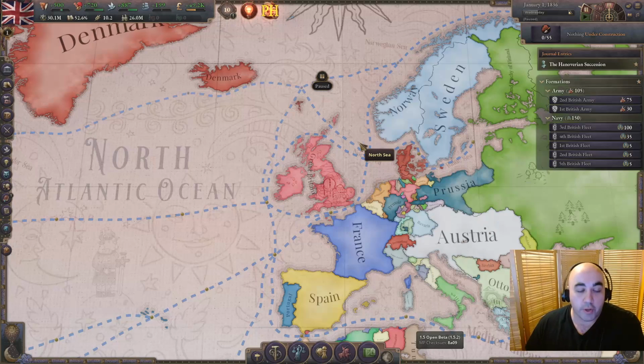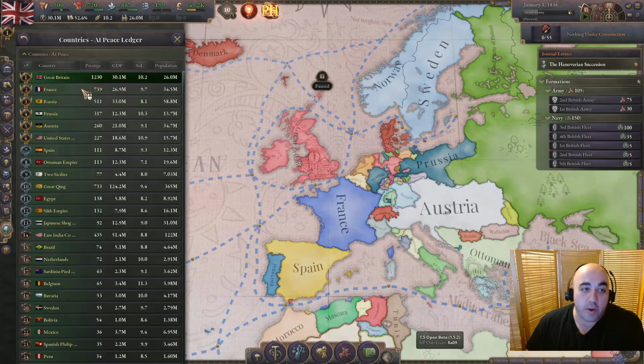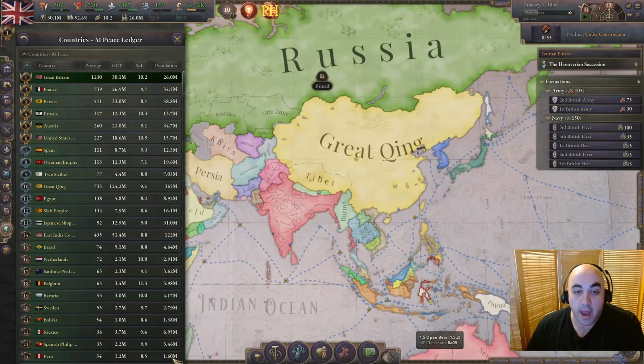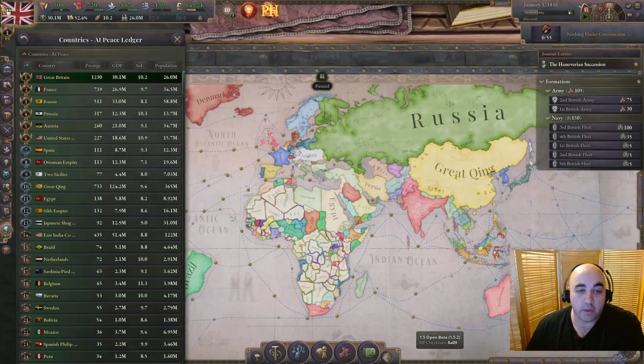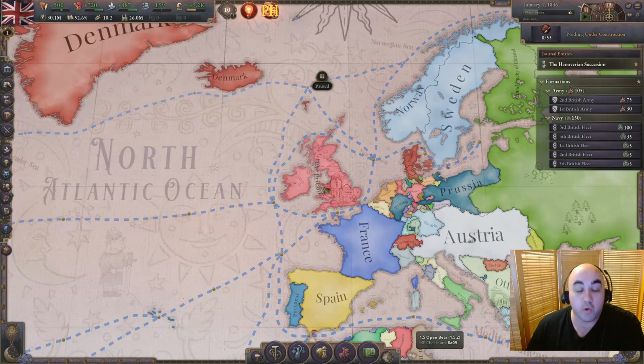countries in Victoria 3 as of patch 1.4, and for those top 10 we have selected all the great powers, so that's Great Britain, France, Russia, Prussia, Austria, USA, as well as Spain, the Ottoman Empire, and then Great Qing, and the East India Company. And those are the top 10 we are going to be discussing here and talking about who's the winners and